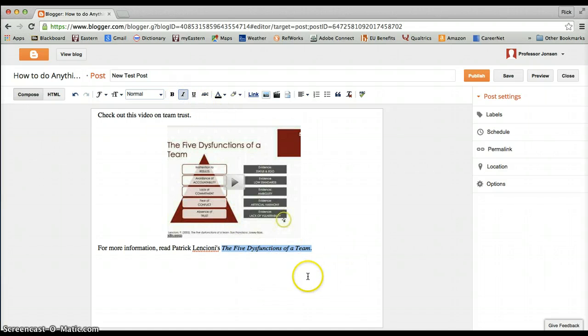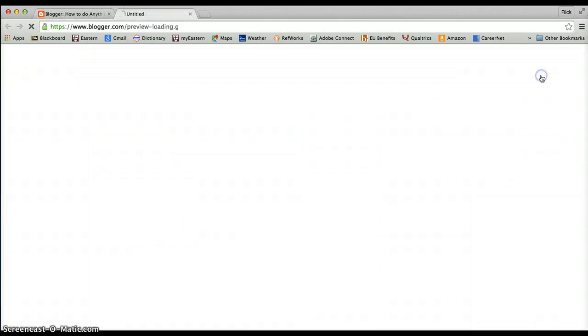And there we go. So this is a very short one. Yours will probably be a little bit longer, have a little more text. But that's going to completely depend on the content of your video. So we've got our text, we've got our inserted video. Up here, I can do a preview to see what this is going to look like before I actually publish my post. So I'm going to click on Preview,